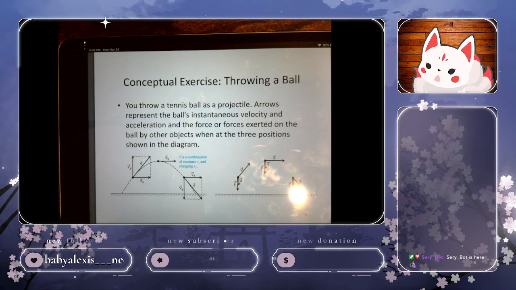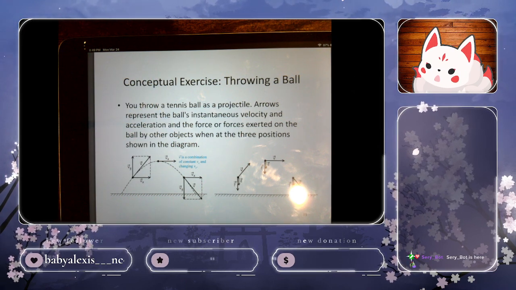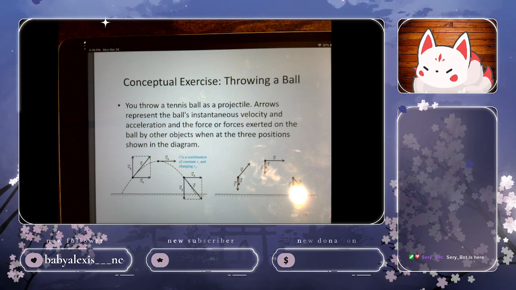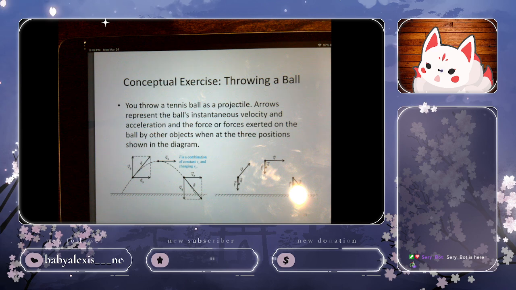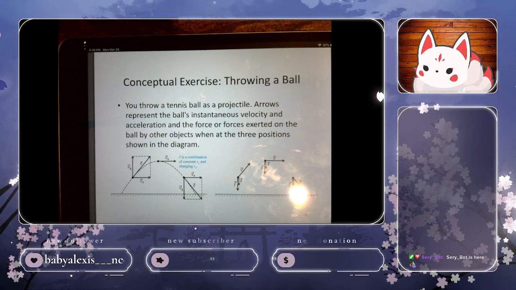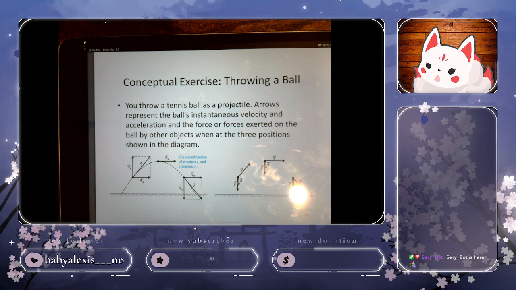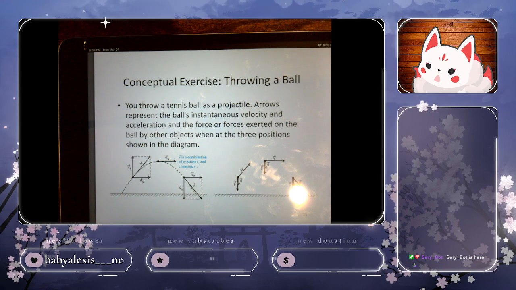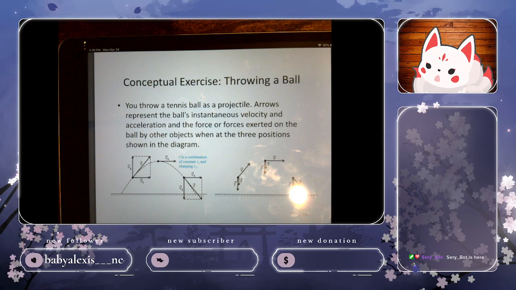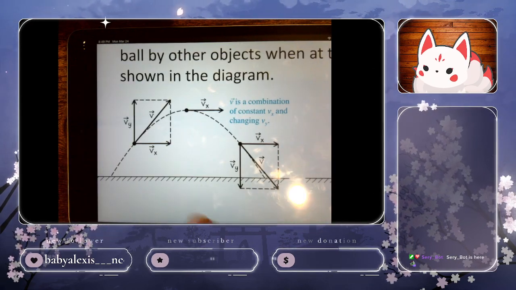So, oh boy. Anyways, conceptual exercise. Throwing a ball. You throw a tennis ball as a projectile. Arrows represent the ball's instantaneous velocity and acceleration, and the forces or force exerted on the ball by other objects when at the three positions shown in the diagram. So first, we have,